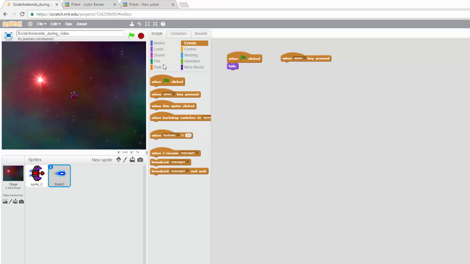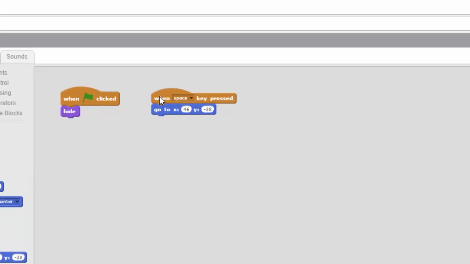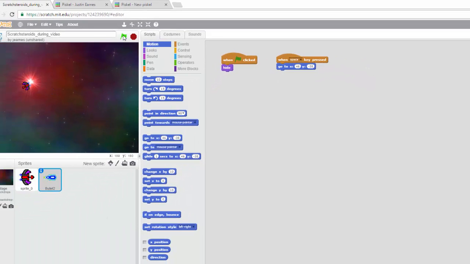wherever that might be. So if I go to motion, I have this block we've used before that's "go to X and Y coordinates." So the first thing I want is for the bullet to move to certain coordinates. Unfortunately, it's not that simple because the ship is going to be moving around the screen at all times and those coordinates won't be the same. If the ship stayed in the same place the entire game, then that would be easy. So I need to figure out how to specify inside of here